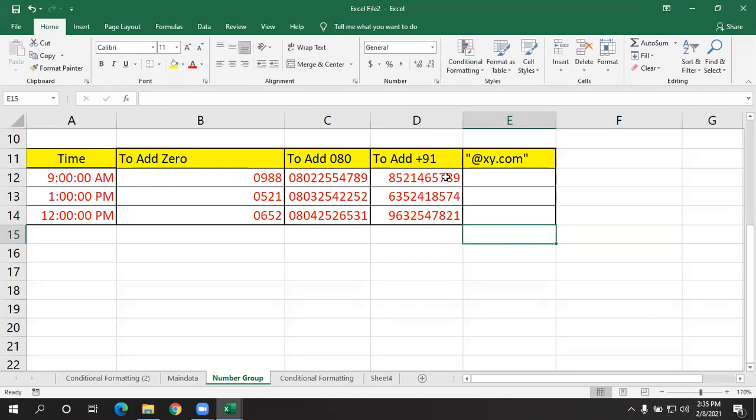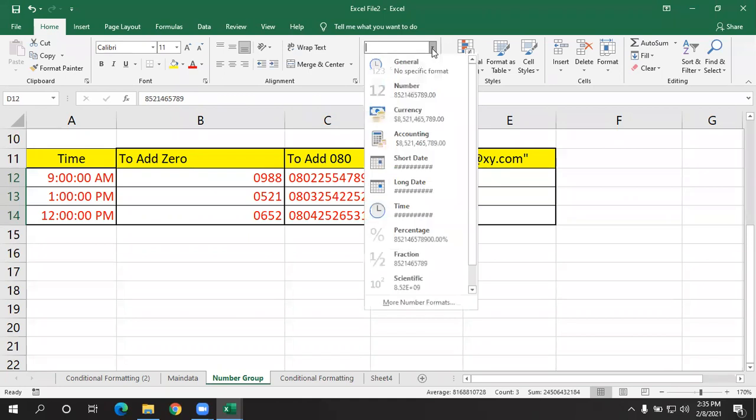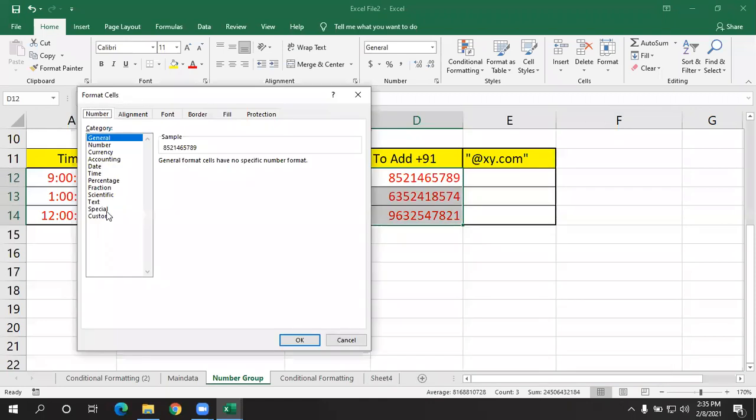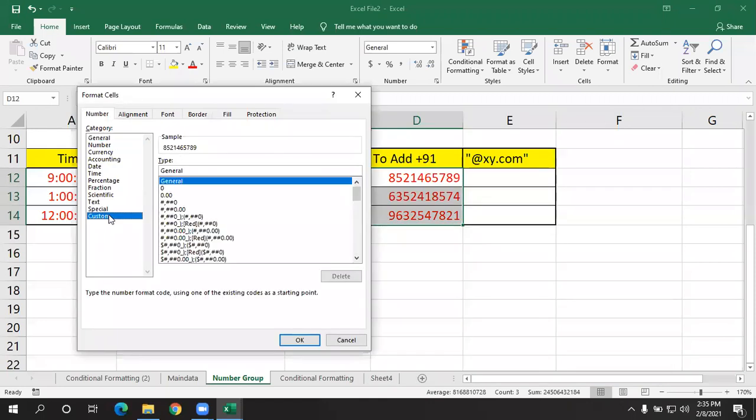So now I want to add here plus 91. So how to add it? You need to follow the same procedure. That is, go to general, more number formats. Here what you need to select? You have to select custom. In that again select the same format. Click here, give